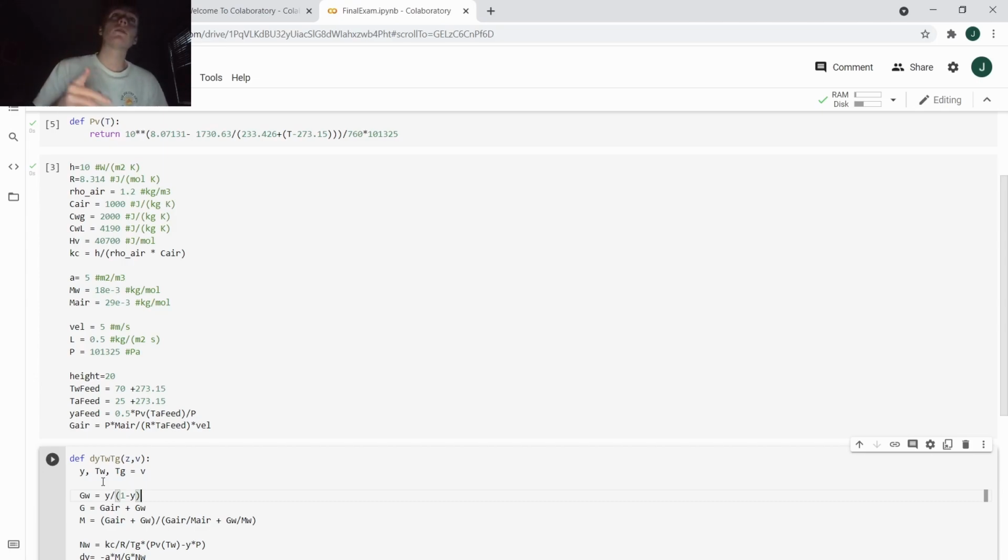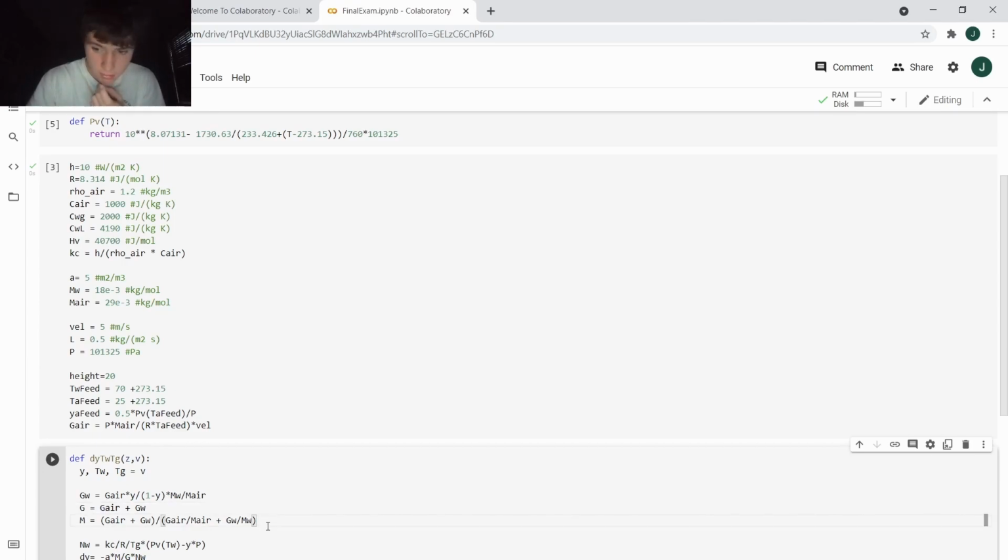And then we have, and I would carry everything. I'm doing this in my head, so I would carry this stuff from the left-hand side and simplify it so I get the gas flow rate of the water. So I would get the gas flow rate of the air on this side, and then I would have the molecular weight of the water, and yes, that comes out, and then the molecular weight of the air. So that's the gas flow rate of the water, and then this is our total gas flow rate, and then